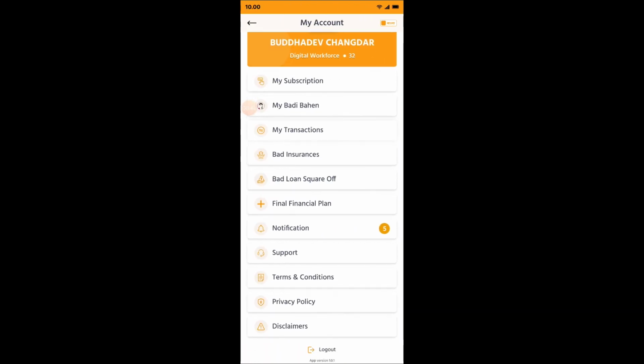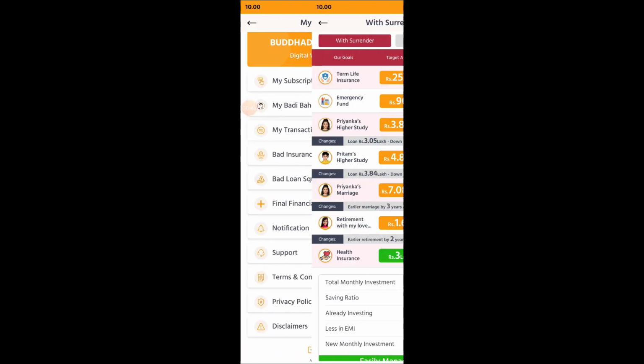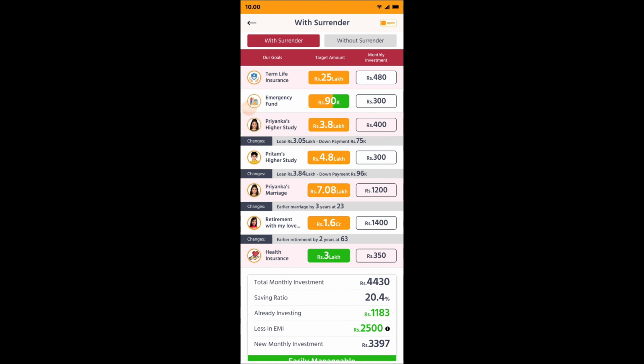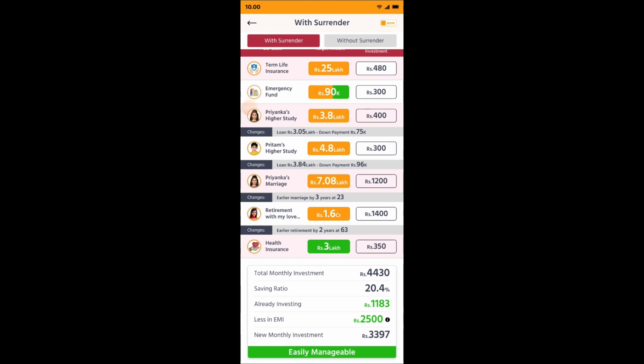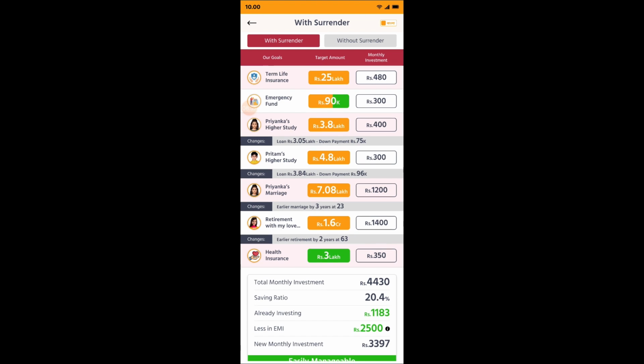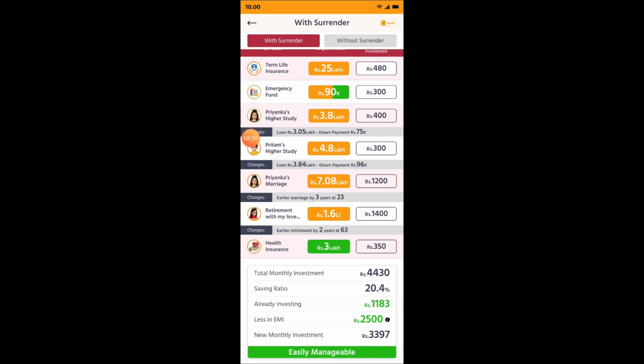After that we have final financial plan. So here there are surrender and without surrender categories. If we have some term insurances, or any goal in our life, like the retirement with the love,